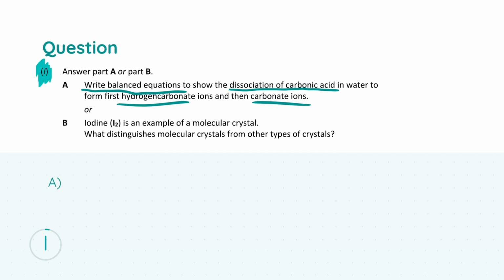So for part A, we were asked to write the balanced equations to show this dissociation of carbonic acid. Personally, I like to do all of the equations at once. It's easier to remember the system almost more than the individual ones. First of all, I'm going to write down the equation that shows how carbonic acid is actually created. Carbonic acid occurs when CO2, or carbon dioxide, mixes with H2O, and then this in turn turns into carbonic acid, which is